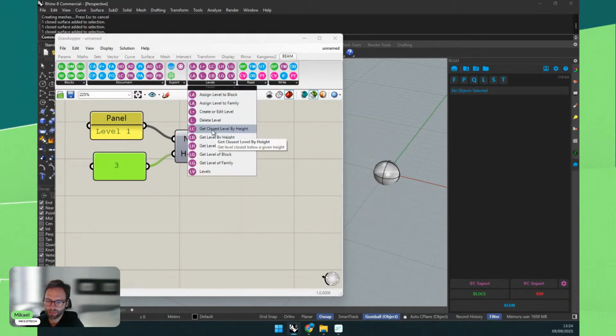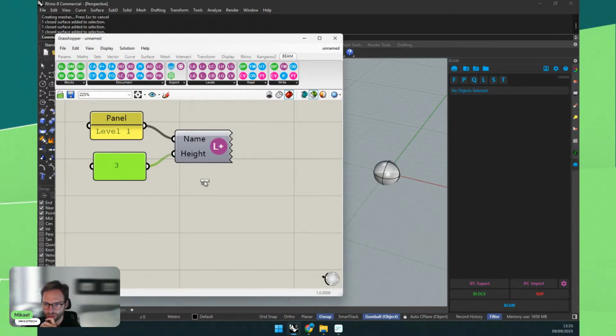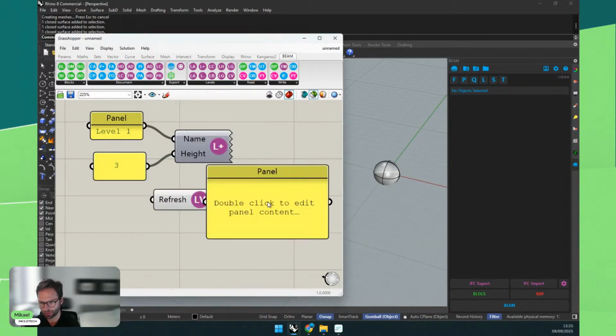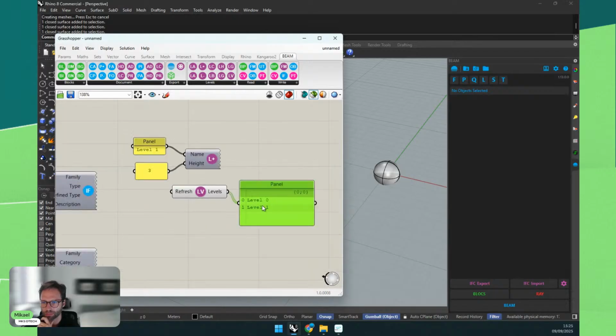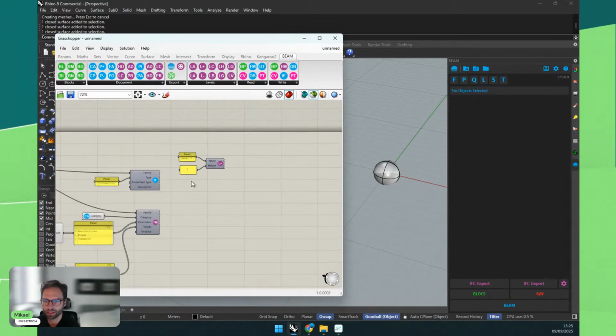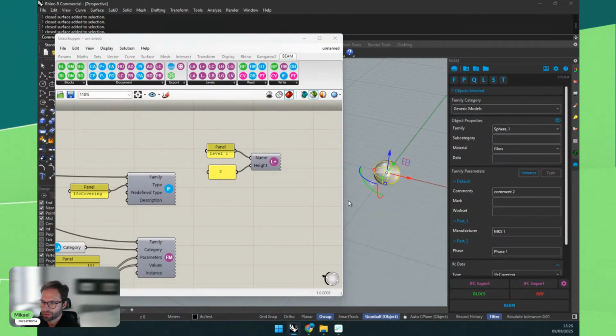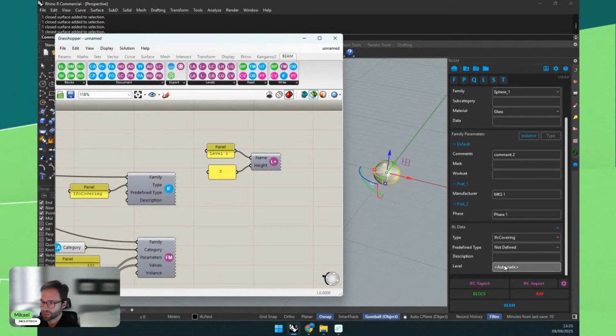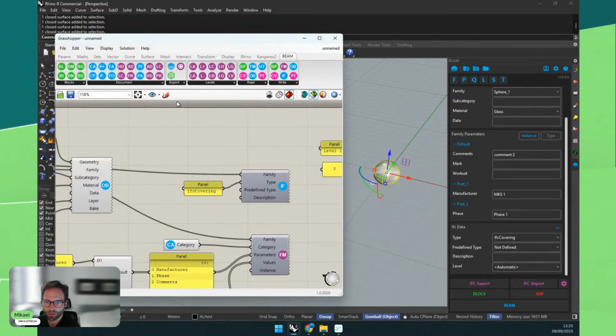We can also, and this is very useful, I will do this example, find levels by closest height. We'll find this, so you can avoid creating some complicated scripts. If you have the Z, we can give you the closest level below in case you want to assign objects. You can also get the list of levels. I think there are a lot of nodes here to explore, but we can go one by one like here. So now we have created some levels. We can assign the level to this object as well. Now it's in automatic, but if we want, we can go to levels. And this is the distinction.